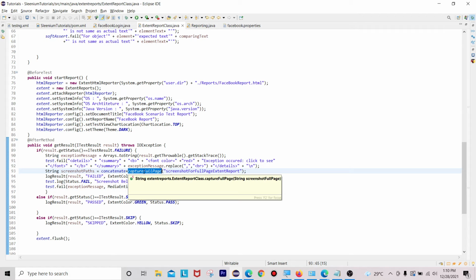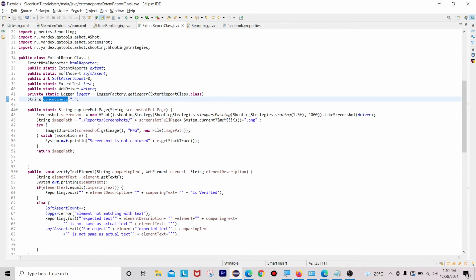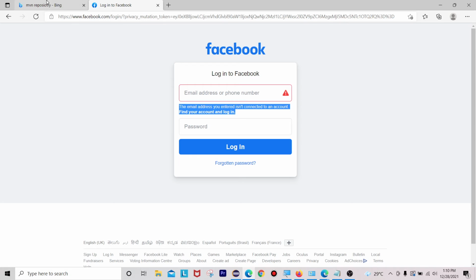Okay, and appending, concatenate, appending String screenshotPath equal to concatenate. What is this concatenate here? Capture full page, right? Concatenate dot only, right? Then why, what is it giving error? What kind of error is it?